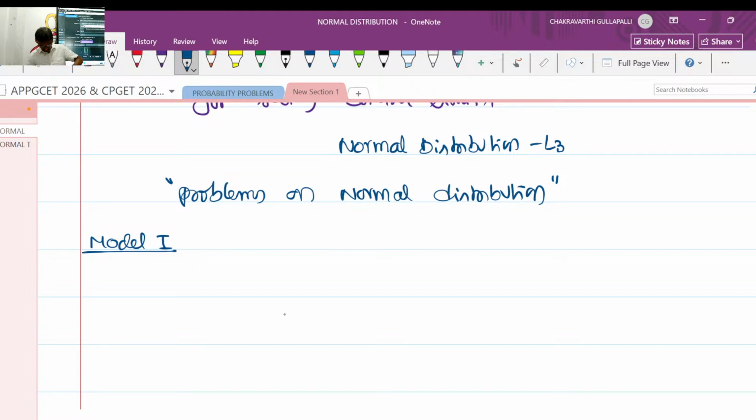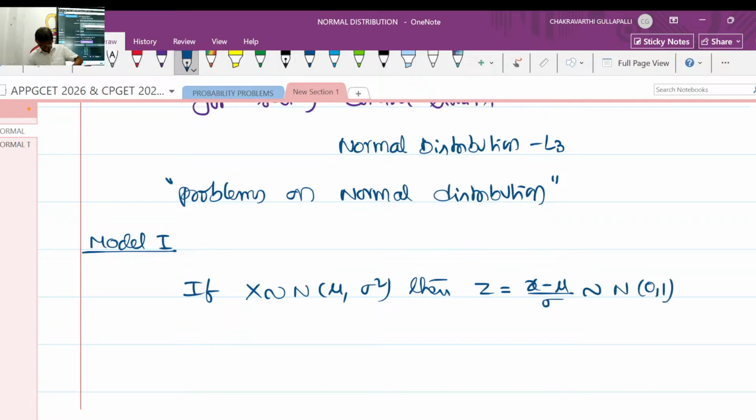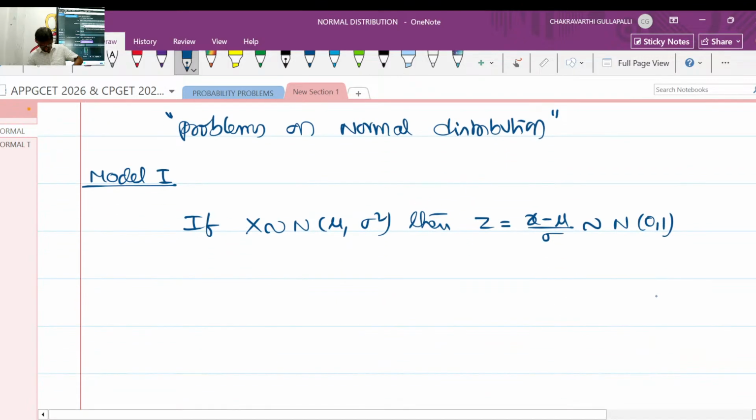So now, X follows normal distribution with mu comma sigma square. Then Z equal to X minus mu by sigma follows N of 0 comma 1. The mu ranges from minus infinity to plus infinity, and sigma square is always greater than 0. Directly considering mu and sigma square,